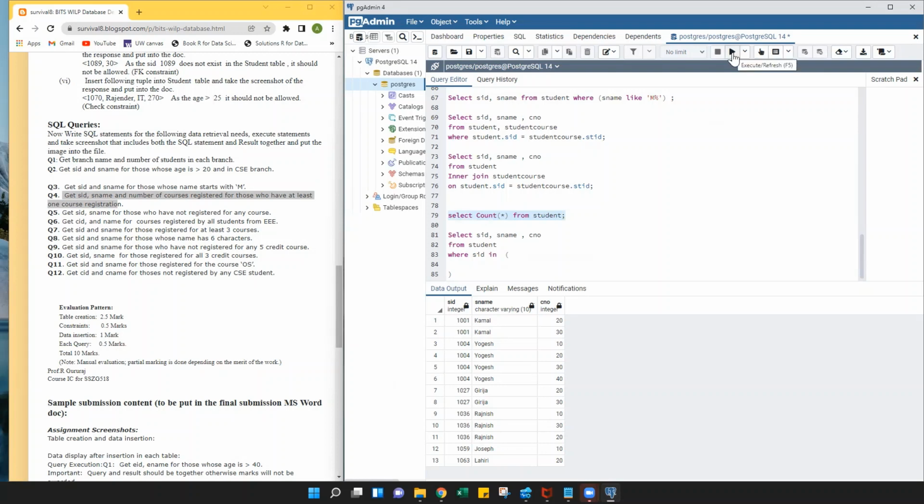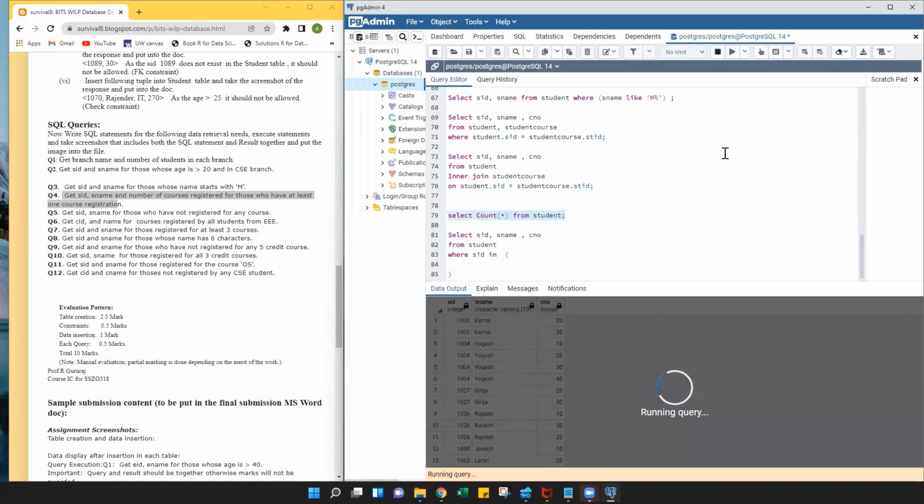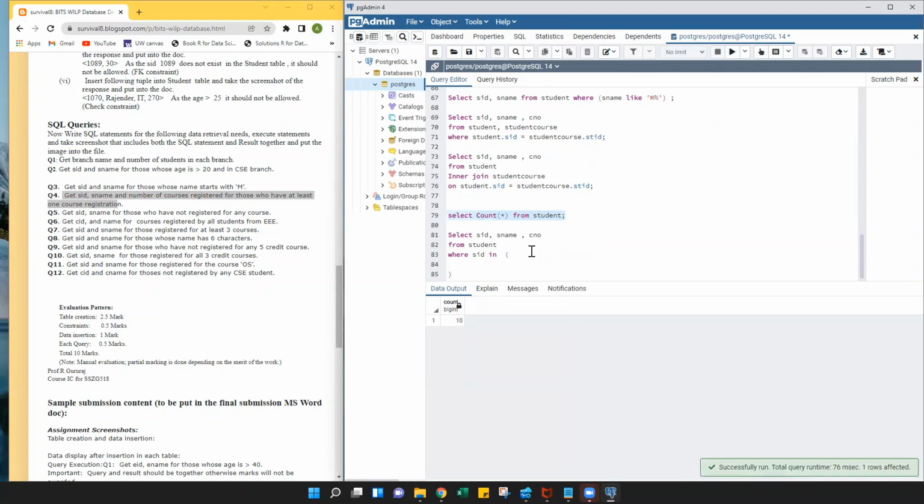F5, I think it's F5. Okay. 10. Okay. But if we do that, who have at least one course registration, we would be able to see